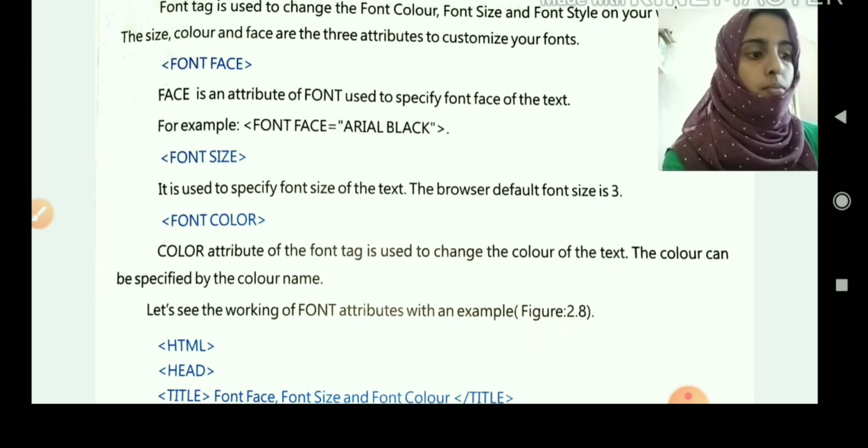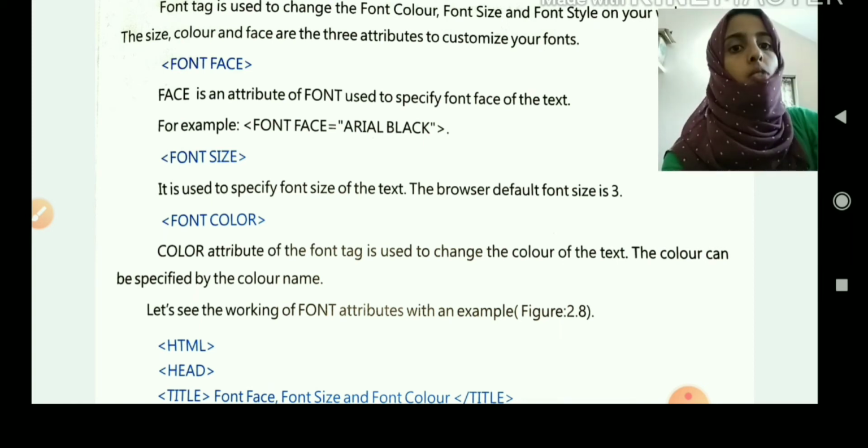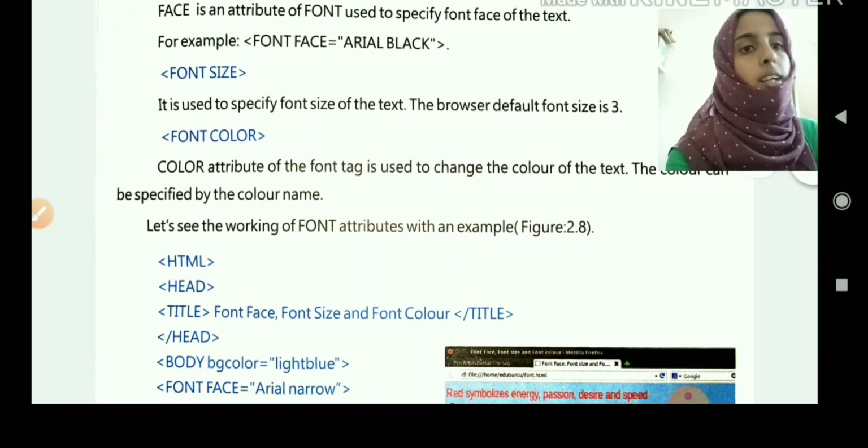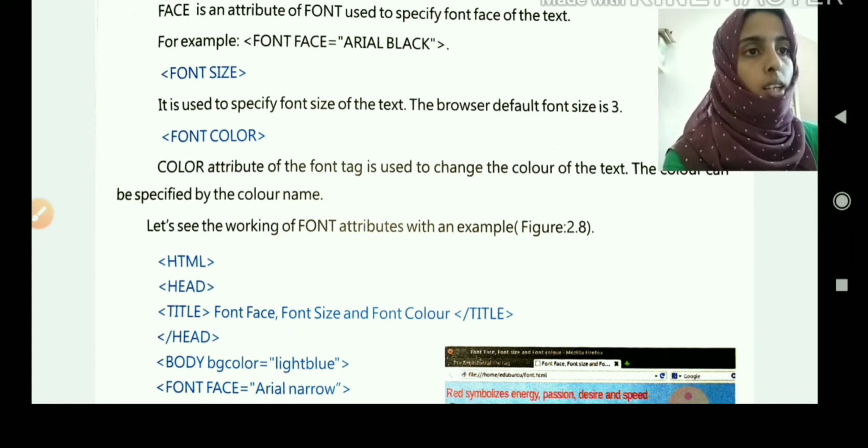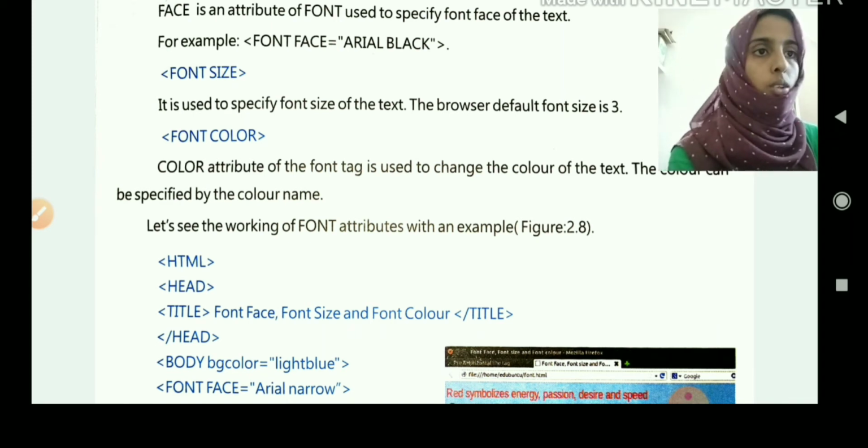Size 7 represents the highest value, while 1 represents the lowest size. If you are not giving any size, then by default the value will be 3. Okay. Then next is the font color. Font color is used to change the color of the text. Okay. If you want to use the red color, then you can use the color attribute.